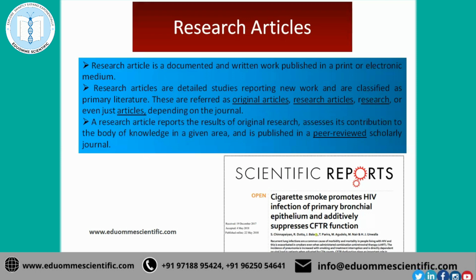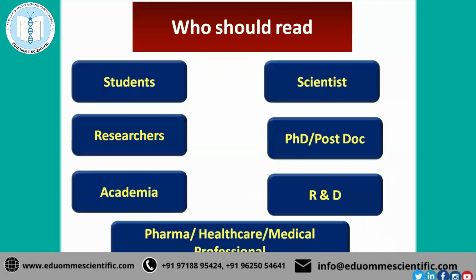How and where can you get these research articles? You can go to Google Scholar or to NCBI PubMed. We have already made a tutorial on NCBI PubMed for beginners. If you are new to getting research articles and reviews, we request you to see the video link, and you can find the NCBI PubMed tutorial videos on our channel. So who should read these articles first?